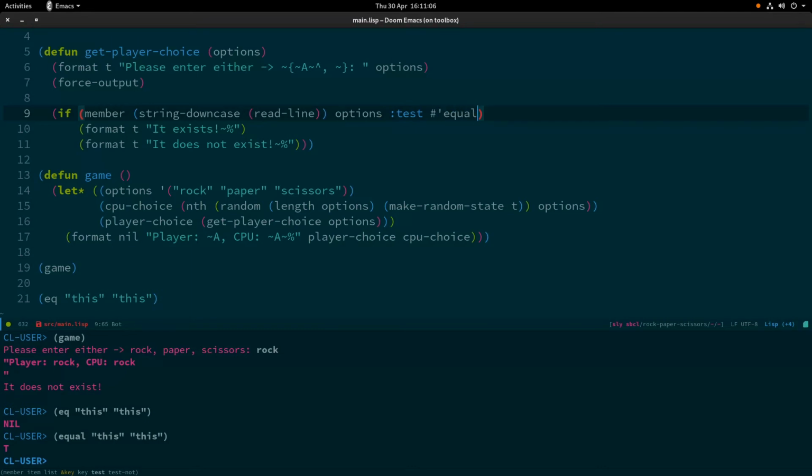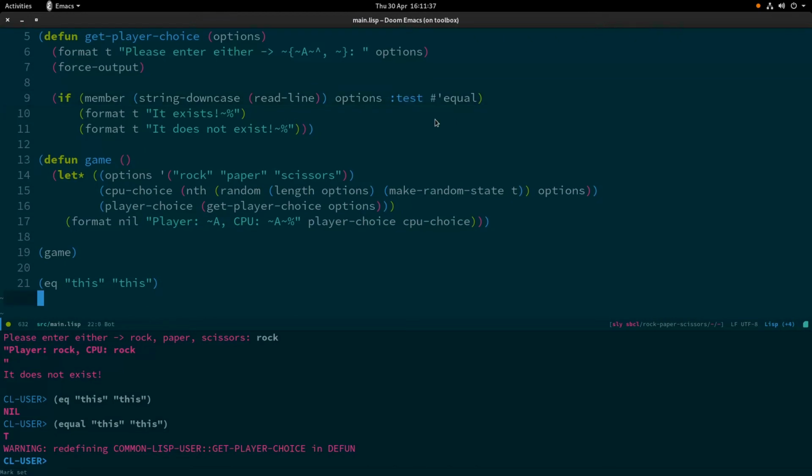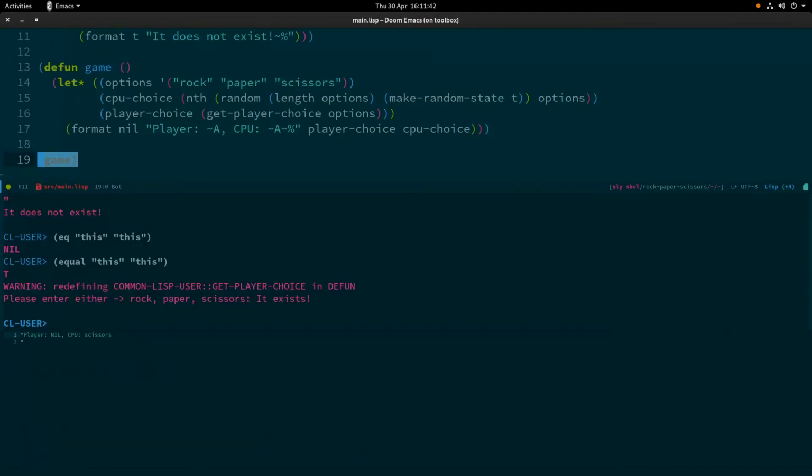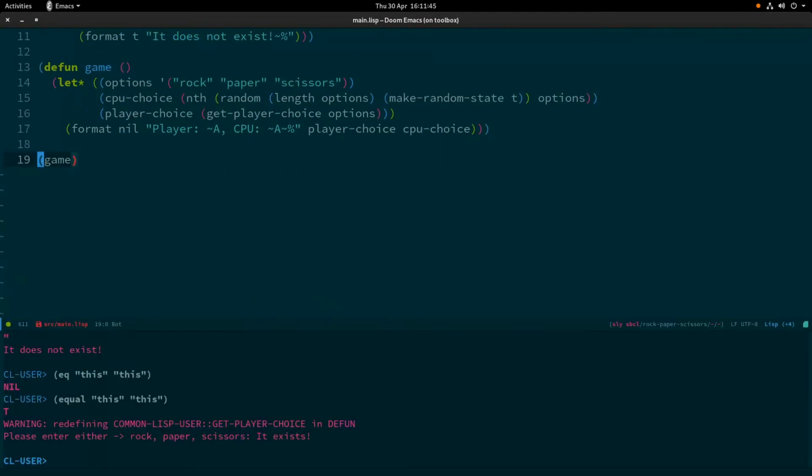So what we actually need to do is we do colon test, because this is a keyword for this function, and we're going to look it into the function namespace and give it the equals function. And when it tests to see if this string is a member of that list, it will use the equal function rather than the EQ function that it does by default. So if I recompile this now, get rid of that, and I run this,